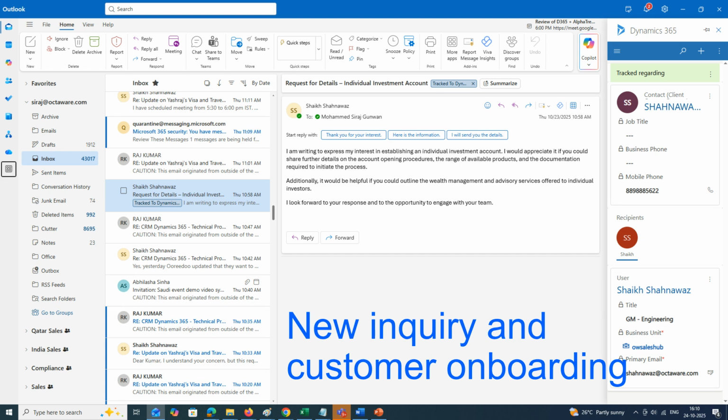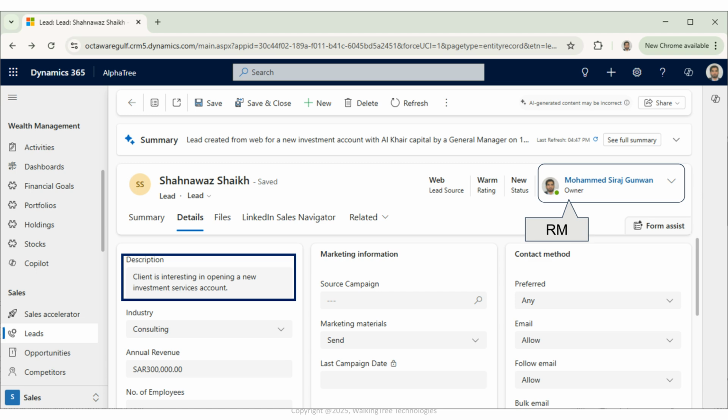Let's explore the process of new inquiry and customer onboarding. It all begins when a prospective customer reaches out via email. With Dynamics 365 integration, the relationship manager can instantly capture this inquiry as a new lead right from Outlook. The lead is qualified after assessing interest and details, seamlessly converting into a new contact, representing the investor in the